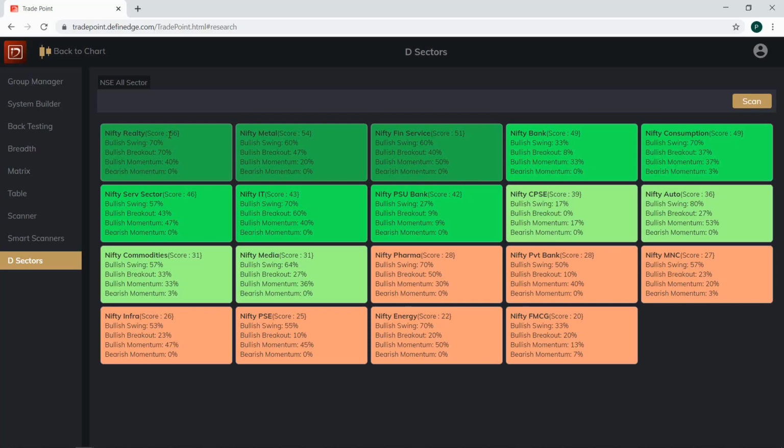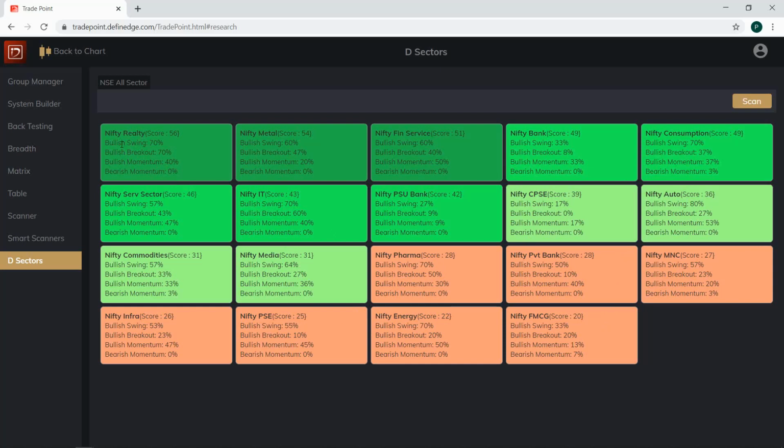It calculates the price performance, then performance against Nifty, and then performance against every other sector, and what the trend is. If everything is positive, then the score will be high. It will be above 50, and the color will be dark green. If the color is dark red, then the sector is an underperforming sector. So this is a kind of ranking for every sector.